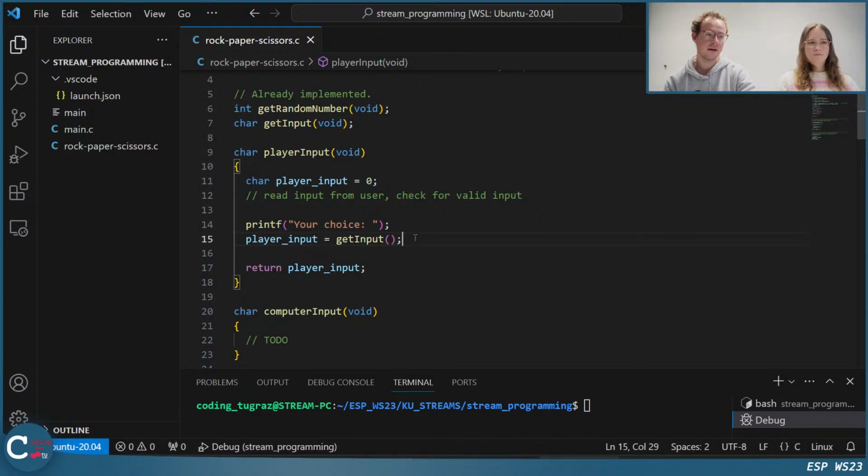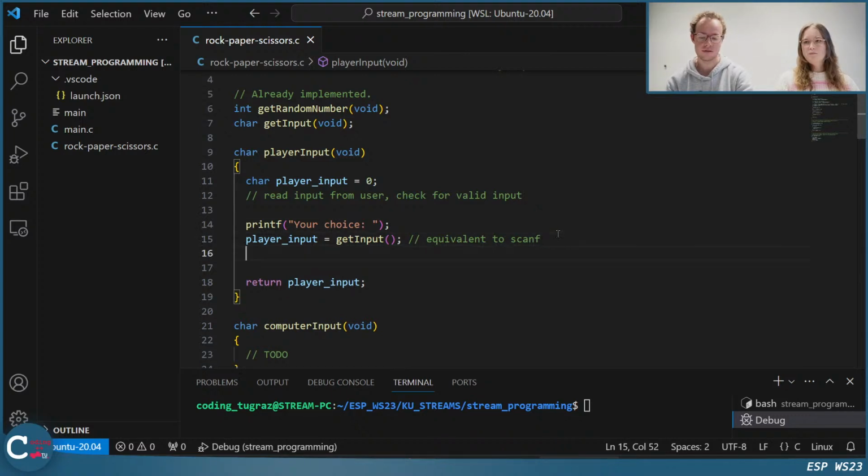Yeah. So we have this read input from the user. So I will write this equivalent to scanf right now. But we have not checked for validity, which we need to add.